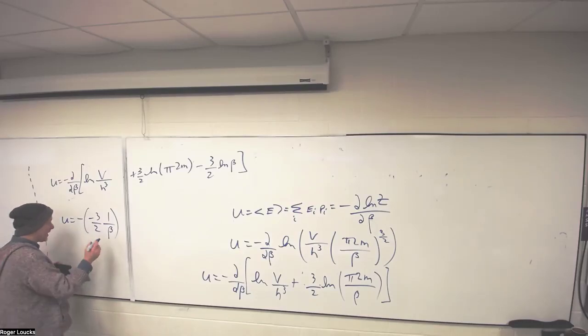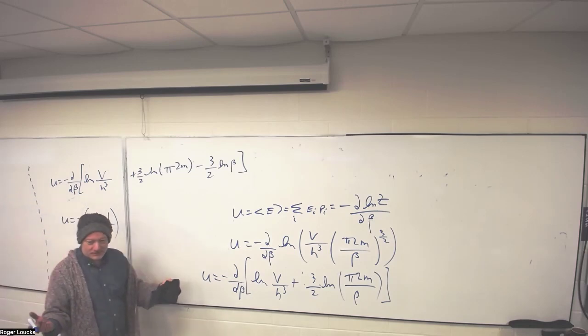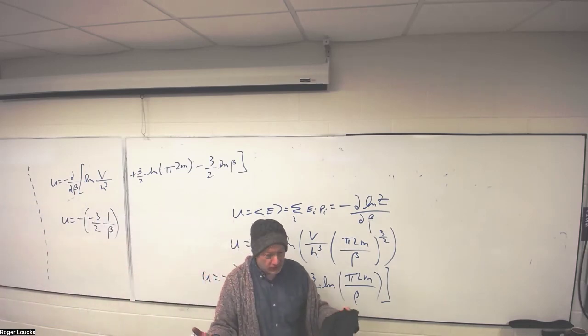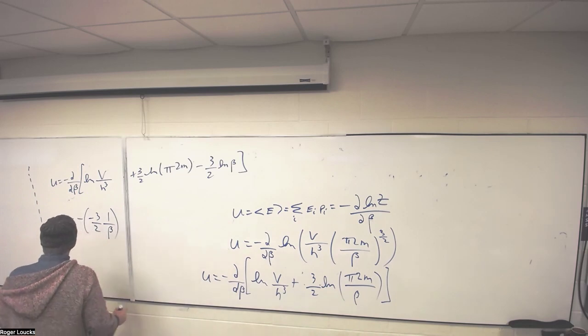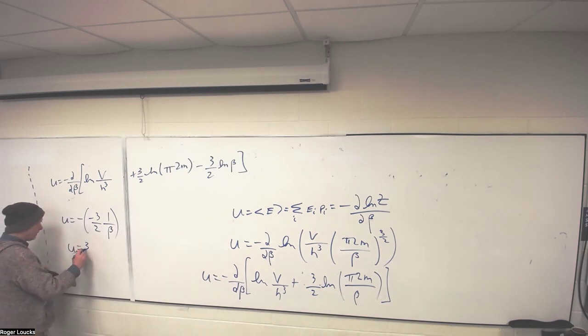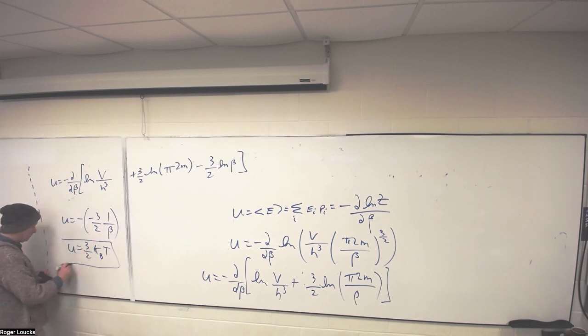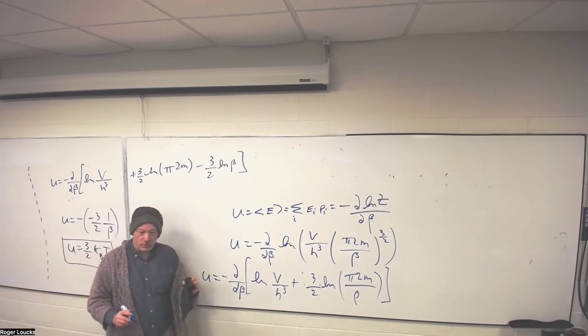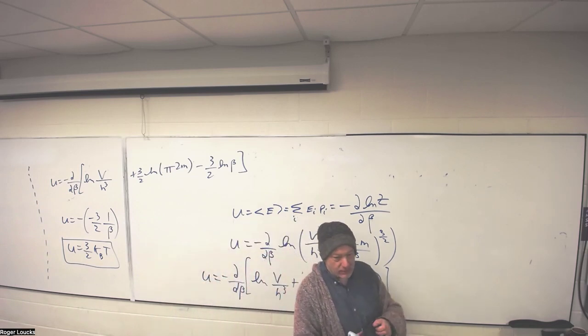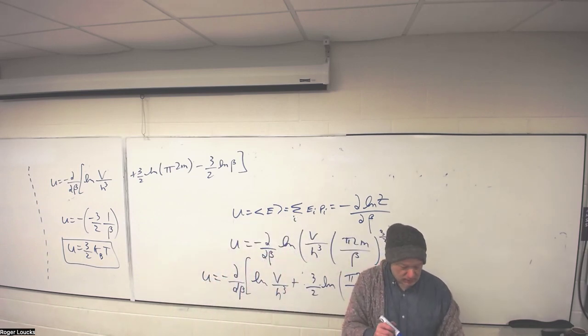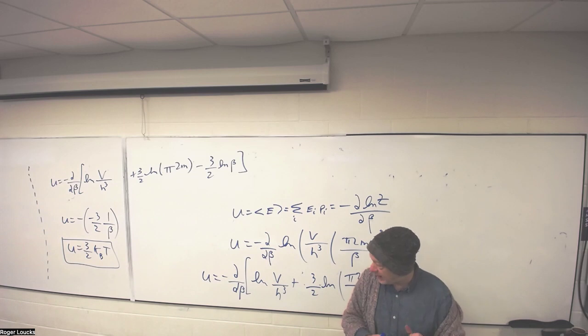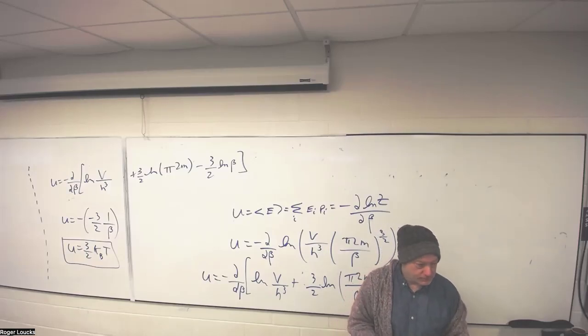But what is my friend beta? 1 over kBT. So we get the result that probably everyone in this room knew: that if I have one particle at a volume V, at temperature T, the energy for that is 3/2 kBT. Where did the 3 come from? Degrees of freedom. Good.